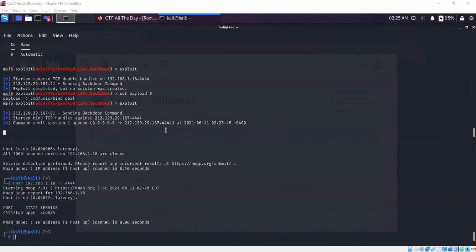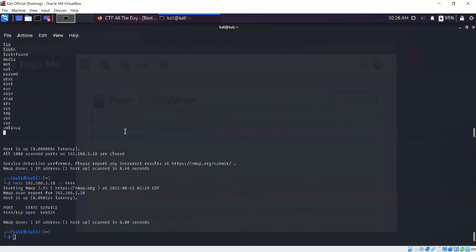So with that, we are into the machine. Let's do ls. And you can see that there are several subdirectories. Now, when you go to Root Me, we're going to have a competition now. So this is important, pay attention. When you successfully exploit the machine, you'll do ls.